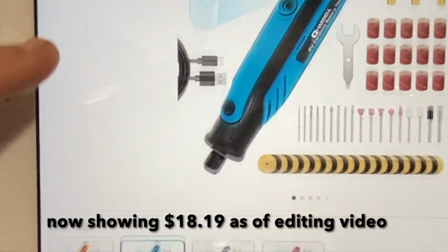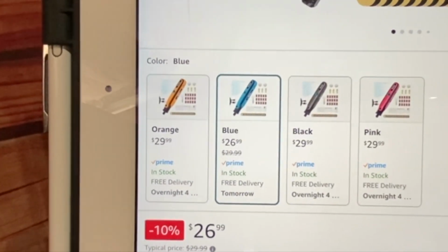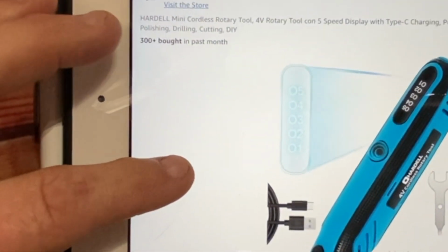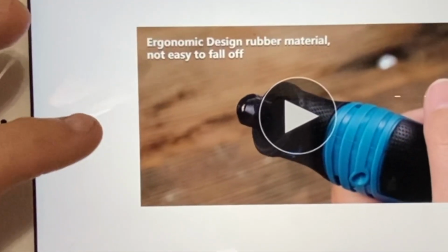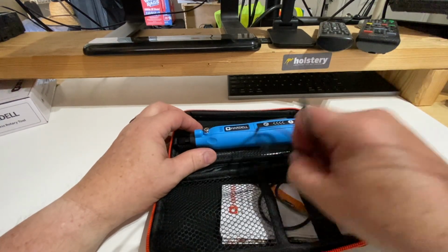This one here shows it comes in 4 colors. You have orange, blue, black, and pink. And if you visit the Hardell store, you can kind of see. So just a super nice tool. It does come again with the